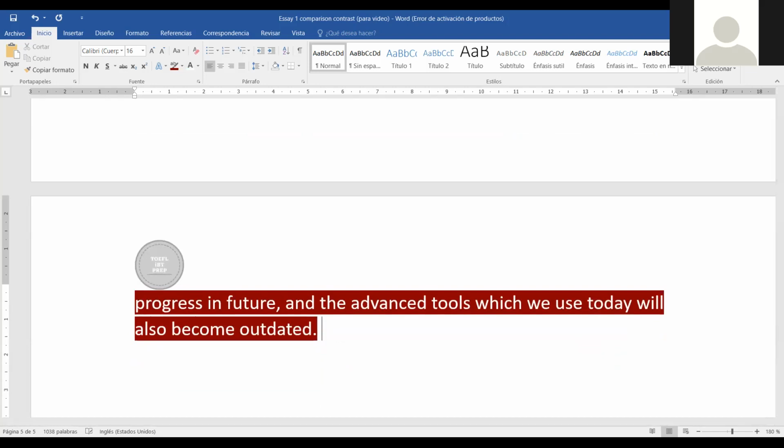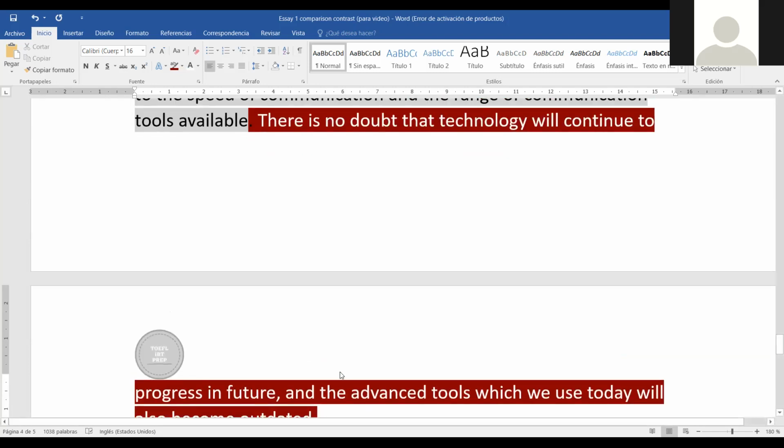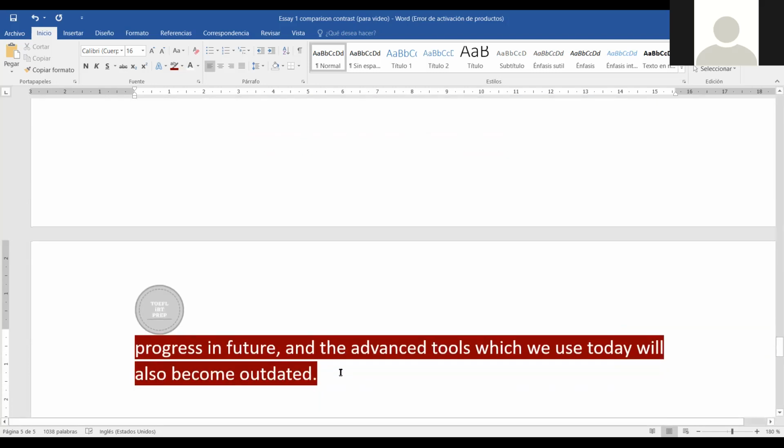There are some people who also put a question here. It used to be my style, for example. In some cases, it is recommendable that you throw a question to the reader, to the proctor. For example, what question can I write here? For example, I can say, will you be able to deal with a new technology?